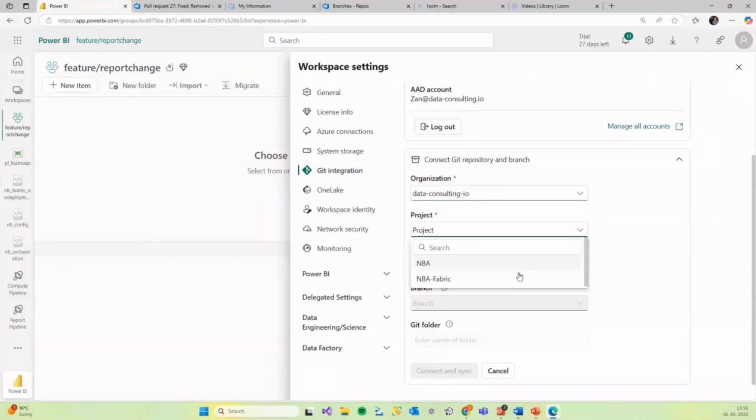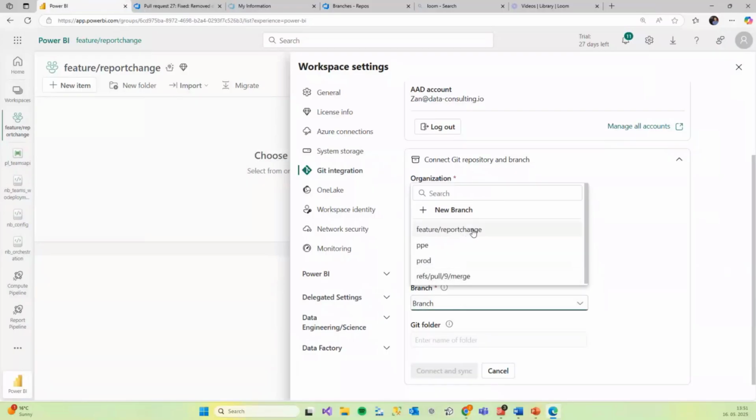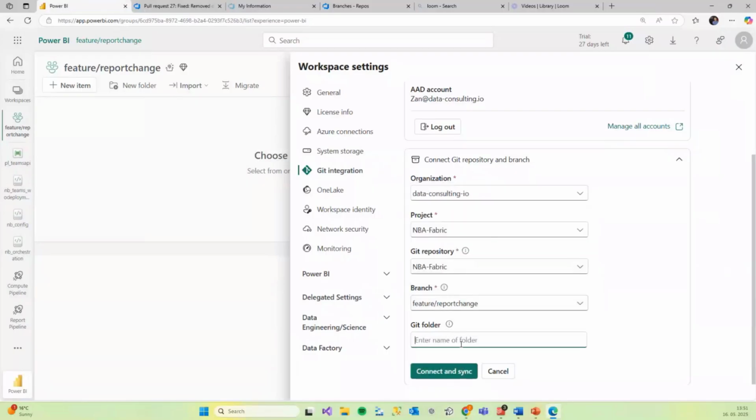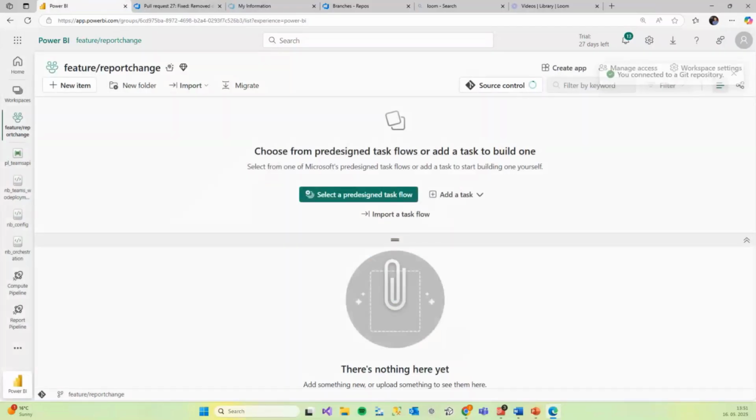So data consulting, MBA Fabric, this repo, the branch I just created, and here the Git folder. Here I need to be specific and say I want to use the workspace MBA report, because my Fabric items related to the report are in this workspace, or in this folder in the DevOps. If I click on connect and sync,